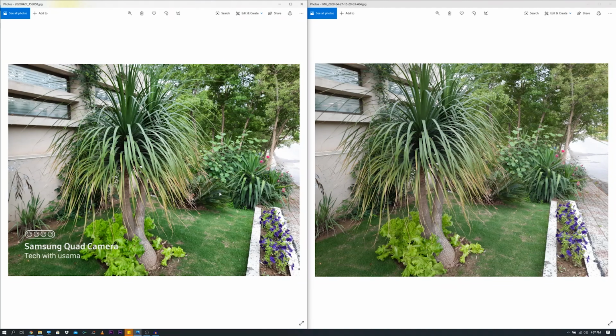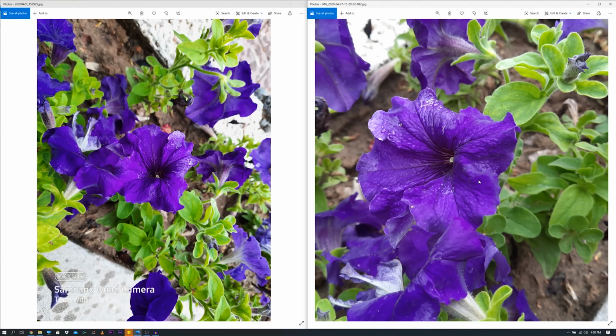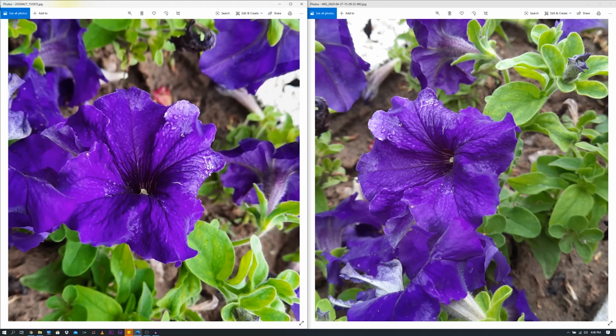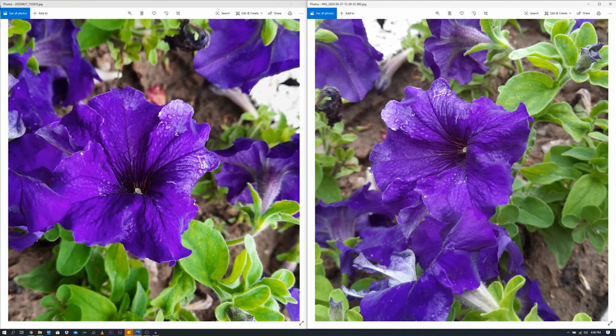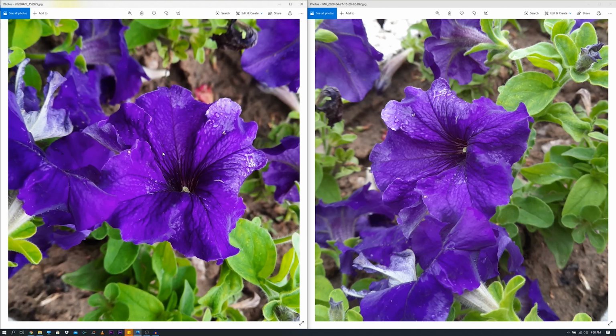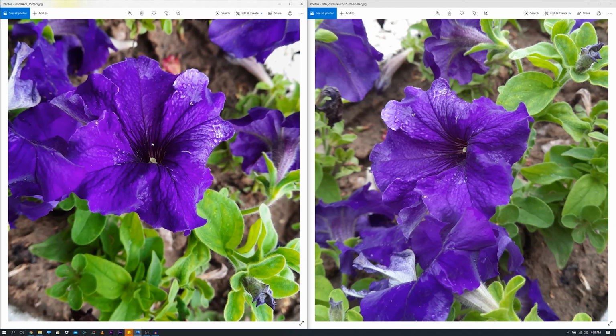Now you can see that the depth effect is really good on the Samsung Galaxy A51 stock camera application. There isn't a great depth effect in the Google Camera Go application, but as you can see, the colors are more real in the Camera Go application. I am really liking the color processing of the Camera Go application. It's definitely more close to reality and it's not messing up the colors like the stock camera application is doing. I mean, the stock camera application does not have bad colors, but these are not real at least. So you can decide this on your own.